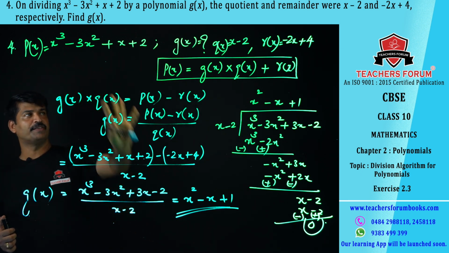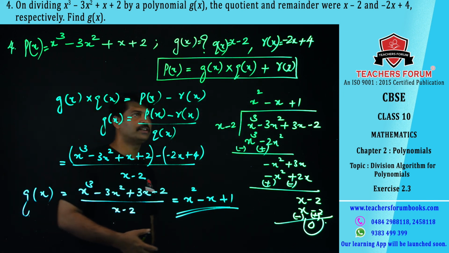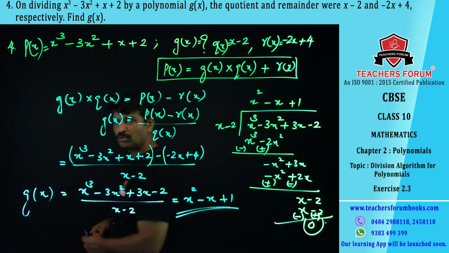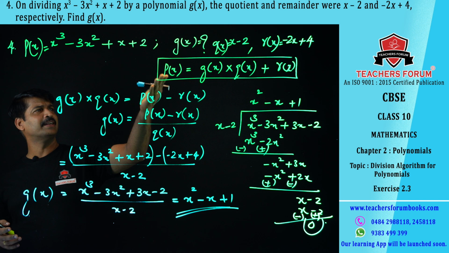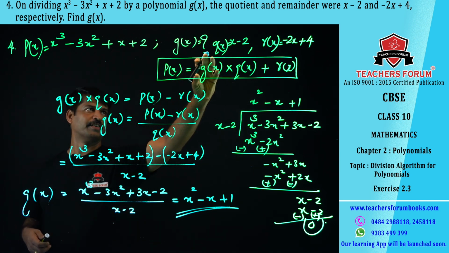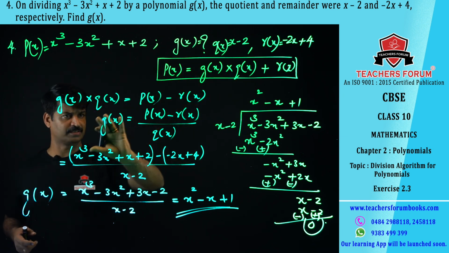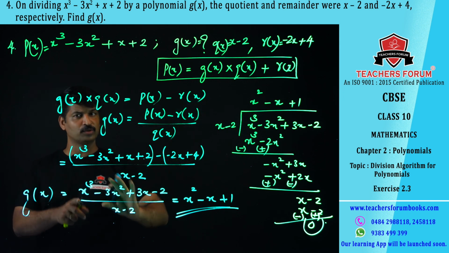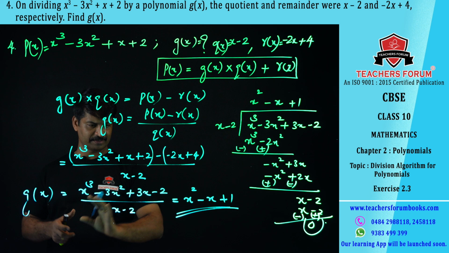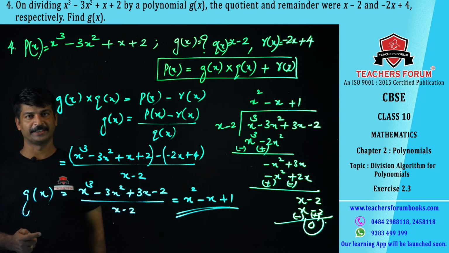You are given p of x, q of x, r of x. You have to find out what is g of x. You have to apply division algorithm for polynomials. That is p of x is equal to g of x into q of x plus r of x, or simply dividend is equal to divisor into quotient plus remainder. That's all. Okay. So from here we can find out what is g of x. Instead of substituting all the values here, it is better to find first g of x. What is g of x? And substitute these values here, then it will be easy for you. Okay, now substitute the value of p of x, r of x, q of x, divide, you can find the value of g of x. I think it is clear.